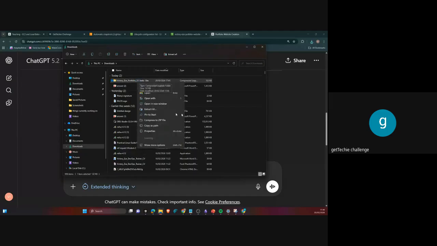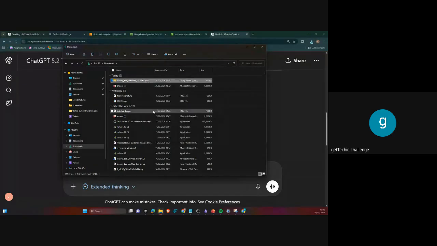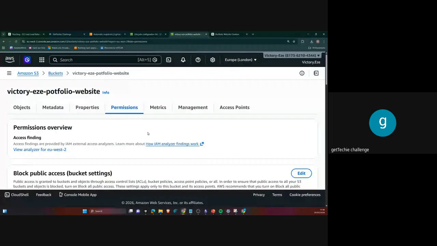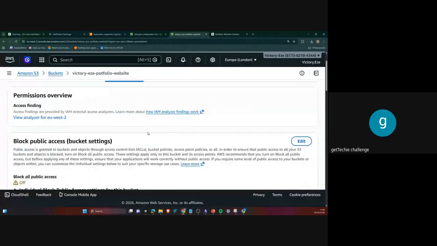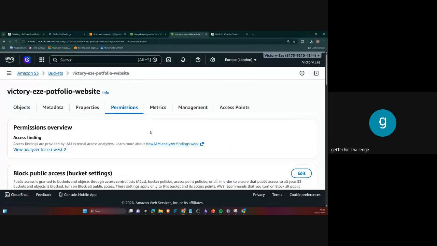Let's see until we see it work, right? So I'm just going to extract all. Let's extract it first. It's going to be in my download. And now we go to our S3 bucket. Remember what we said? We are going to our S3 bucket. Where's our bucket again? Okay, these are our bucket objects.